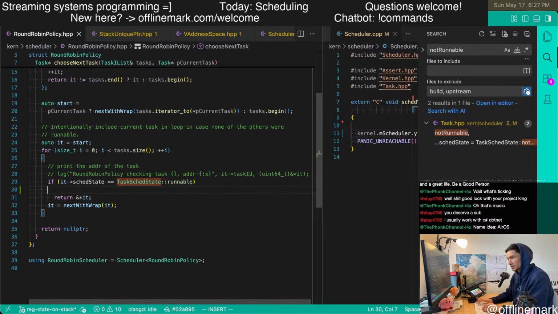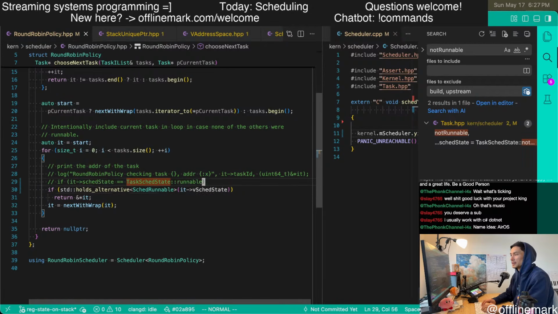So that's the kind of unfortunate part, is that this is how it used to look. You can just simply do these comparisons against an enum, and it looks really nice. And with C++, it looks awful.